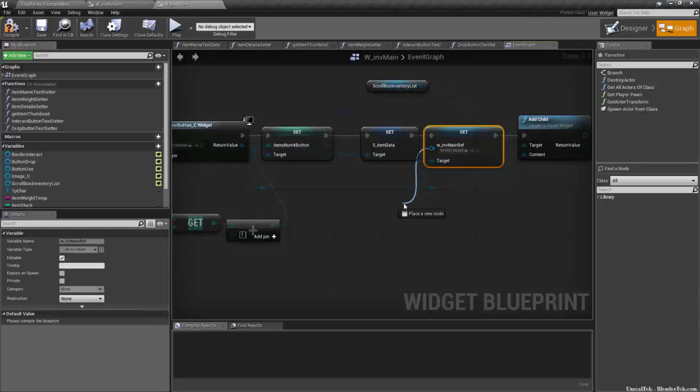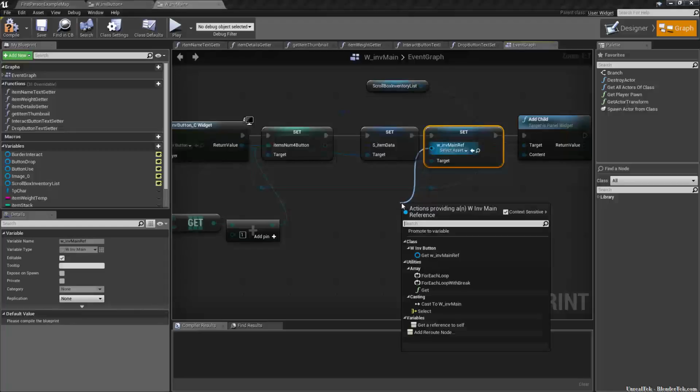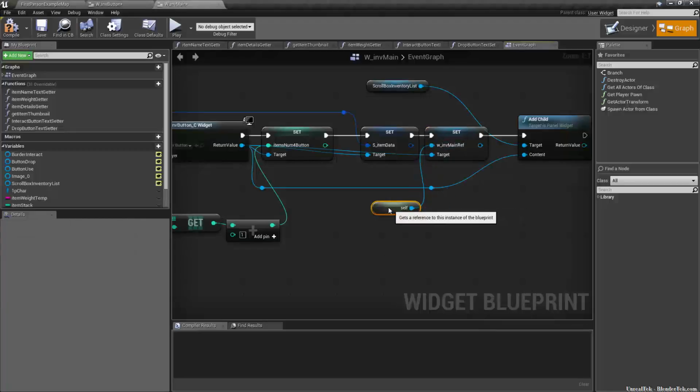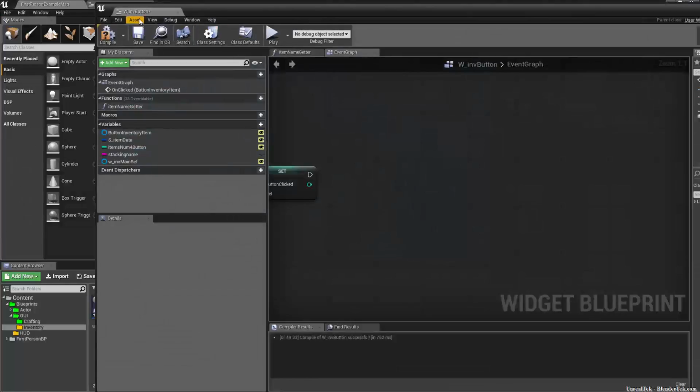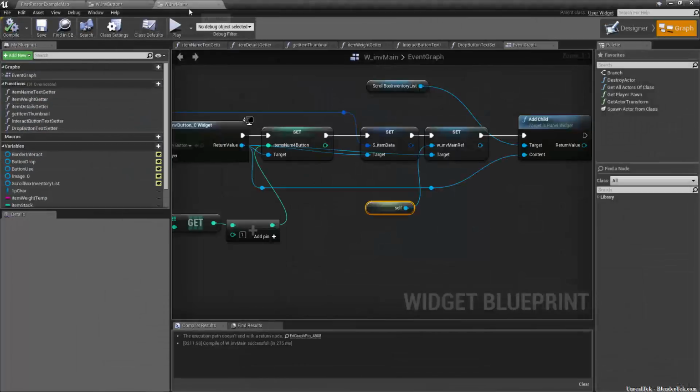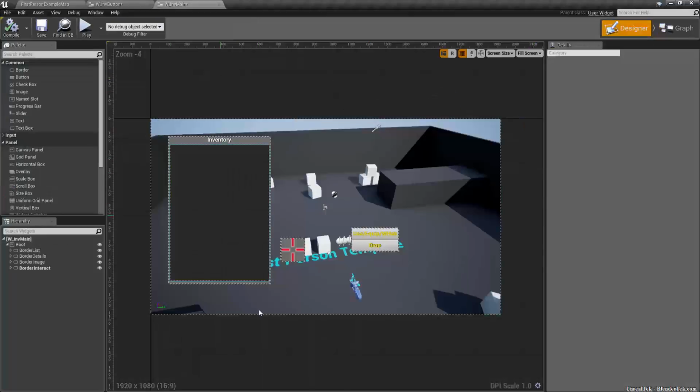We want to drag off the pin there, and get a reference to self. That way, we can communicate from our main inventory to the button, because it's hard to create casts or references and such. This gives us a direct line of communication, because we're going to need to do all the animations in our inventory. So in our inventory designer,